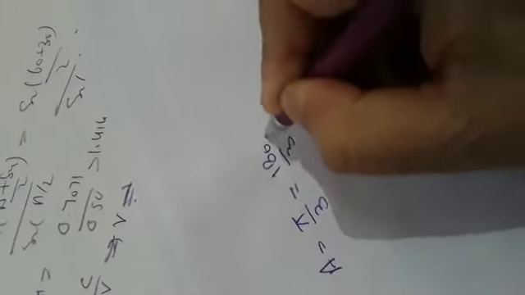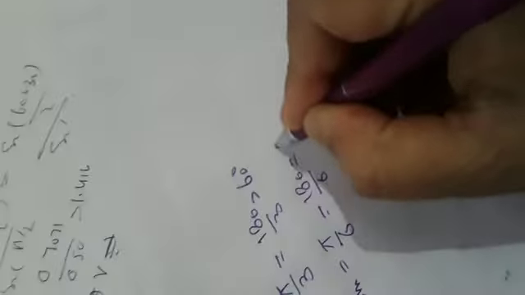This is a numerical which is frequently asked in the examination, so I will take it. The angle of minimum deviation of a prism of angle pi by 3 is pi by 6. That means the angle of the prism A is equal to pi by 3, and its minimum deviation is equal to pi by 6. Since pi is 180, A is 180 divided by 3, which is 60 degrees, and delta M is 180 divided by 6, ultimately 30 degrees.